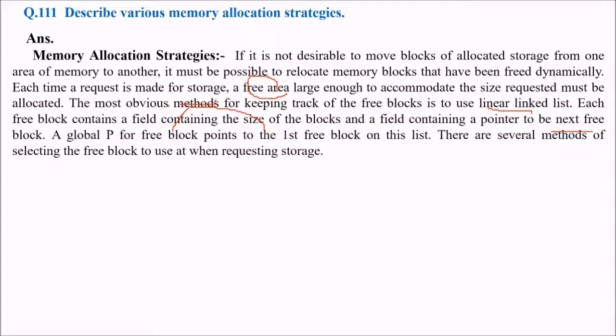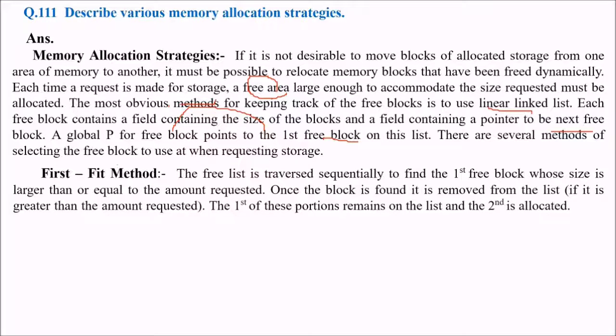So there are several methods of selecting the free block to be used when storage is requested. The first fit method is like this. The free list is traversed sequentially to find the first free block whose size is larger than or equal to the amount requested. When the block is found, it is removed from the list. If it is greater than the amount requested, the first portion remains on the list and the